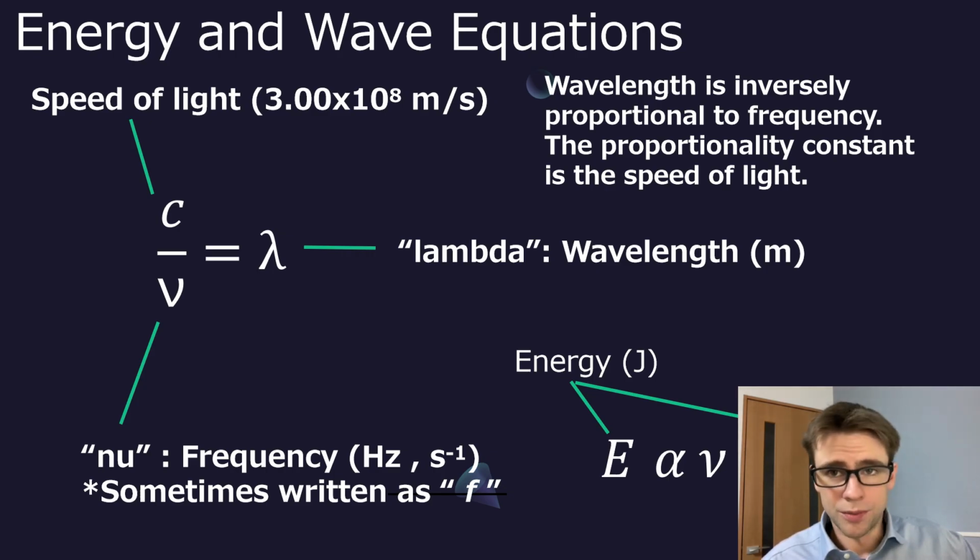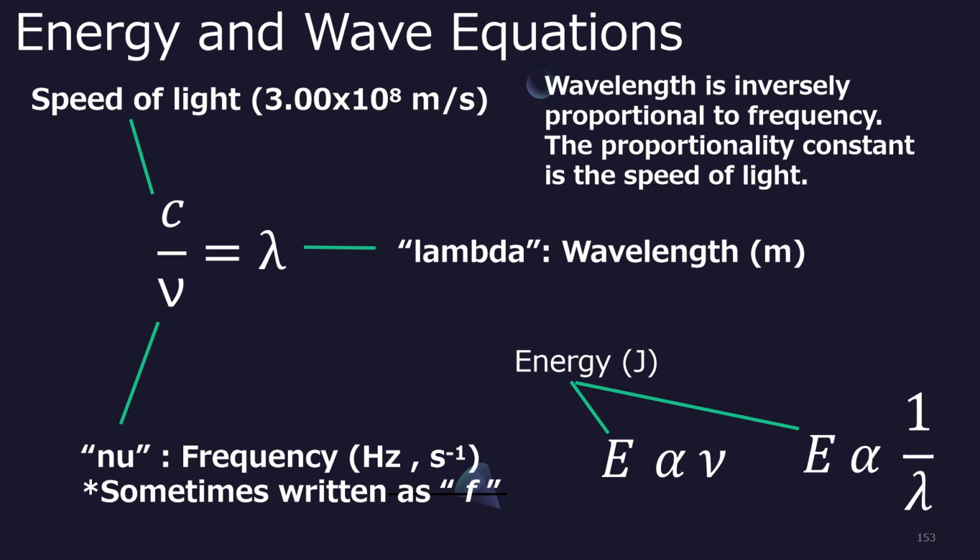So that's a very important equation. That means if you know a wave's wavelength, you also know its frequency. They're just connected through this equation and through the proportionality constant c. What about energy then? So scientists did experiments and tried to relate energy or changes in energy to changes in